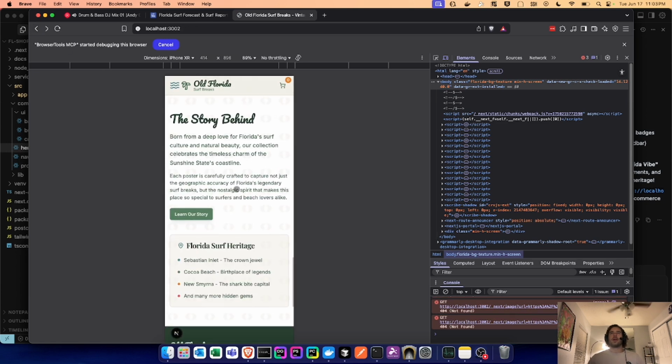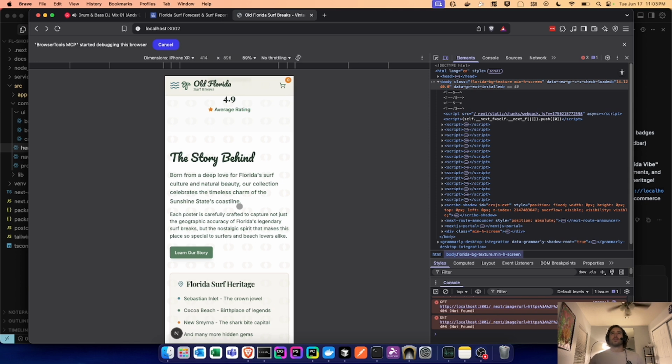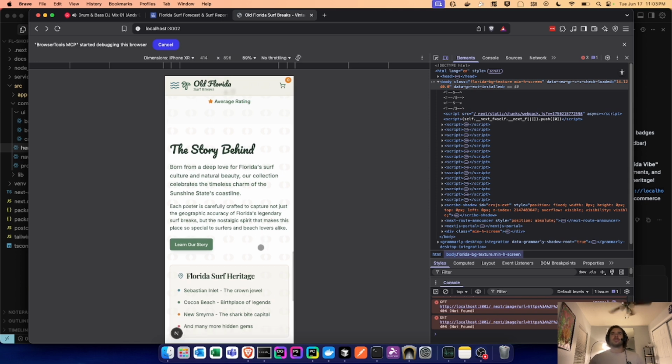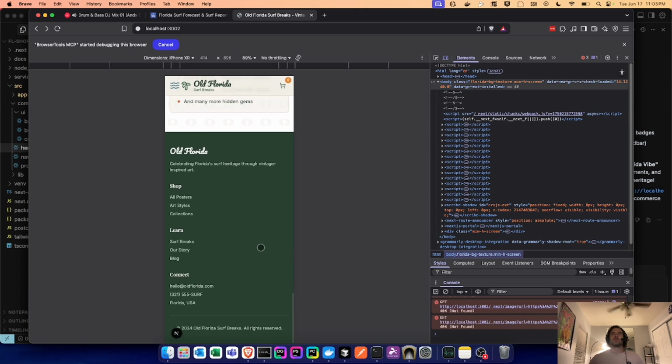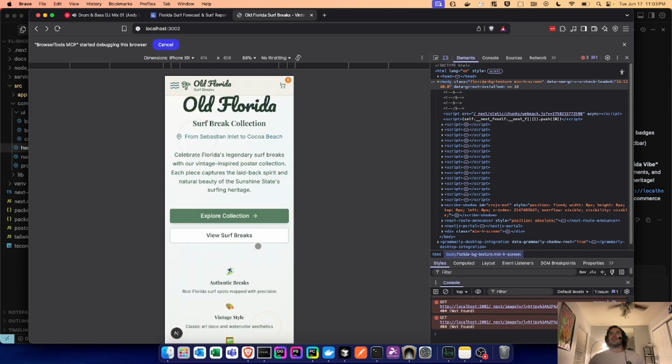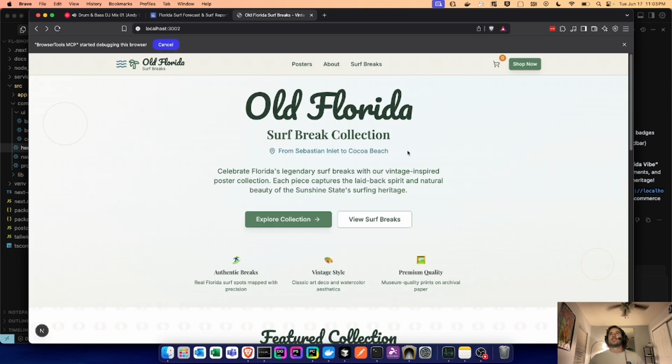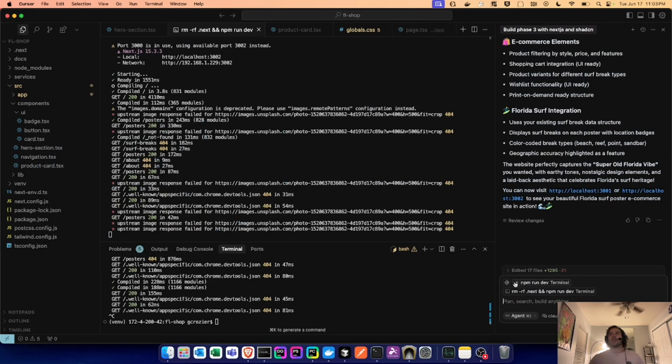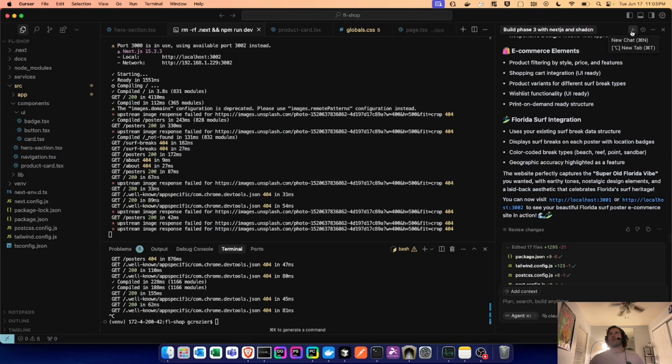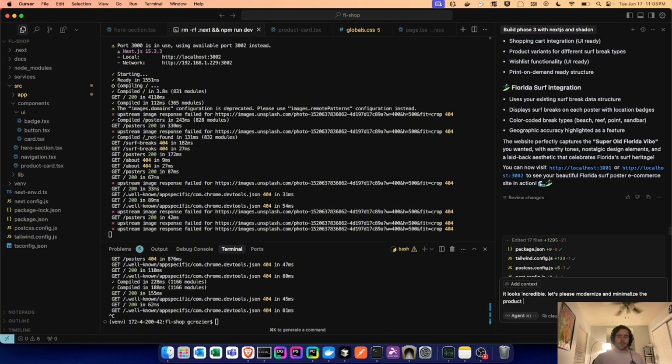Oh, here we go. Born from deep love of photosphere culture. Cool. Very cool. Alright, awesome. Looks incredible. So now let's say that it looks incredible. Let's please modernize and minimize the product listings and also